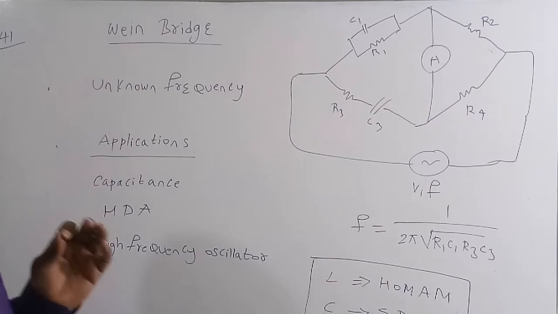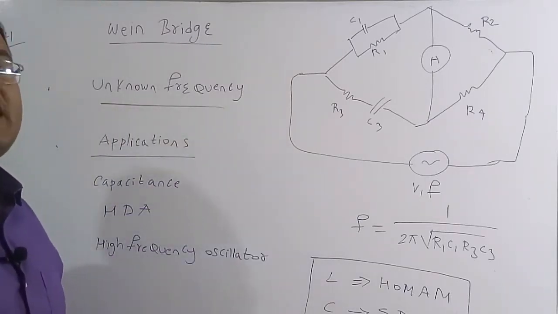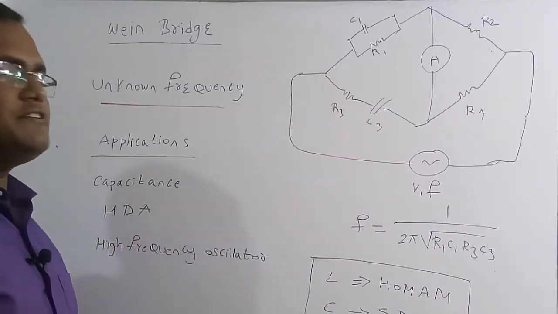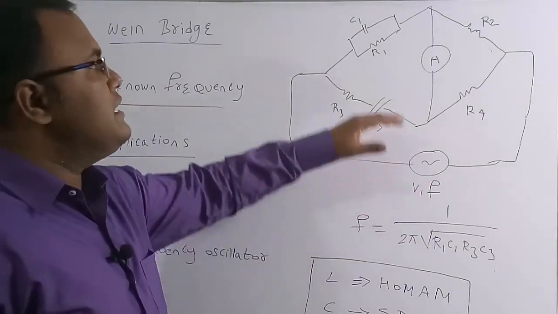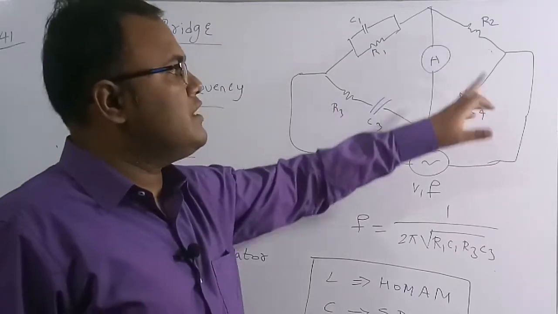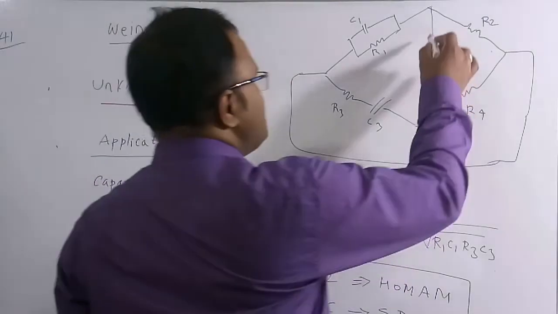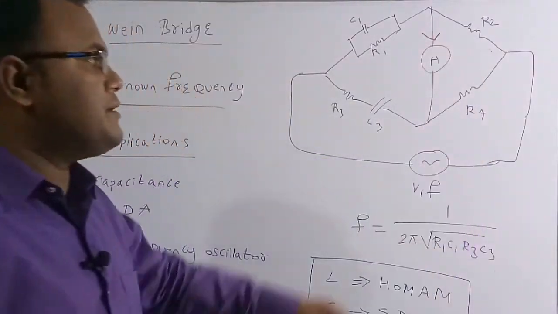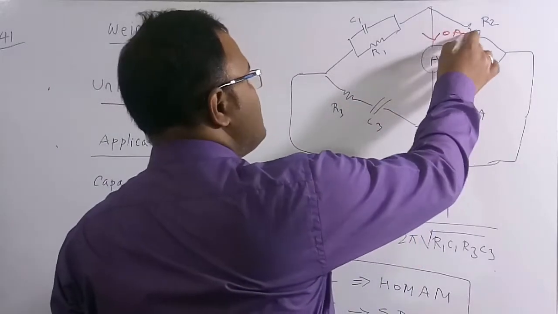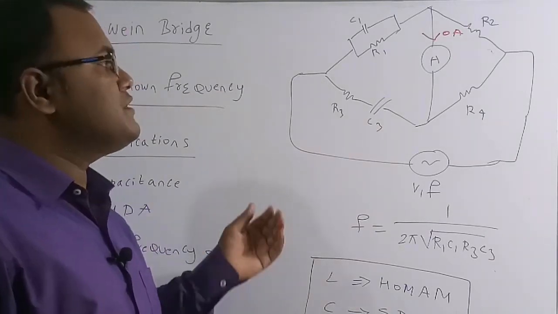Now we are going to discuss some facts of the Wien's bridge. Wien bridge is used for the measurement of the unknown frequency in a given circuit. This is the Wien bridge. The resistor and the capacitor are connected in parallel, and here it is in series, here resistors R2 and R4. By using the null deflection, meaning whenever the current is zero, we change the supply in such a manner that we get zero ampere current here.